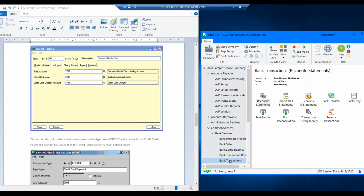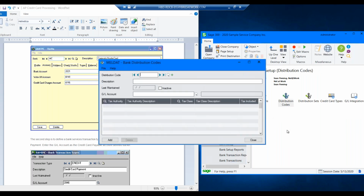And where that is, here underneath your bank setup, this would be a distribution code. And the only thing that this is doing is setting up your credit card payment to this general ledger credit card account. And what this is designed to do is,